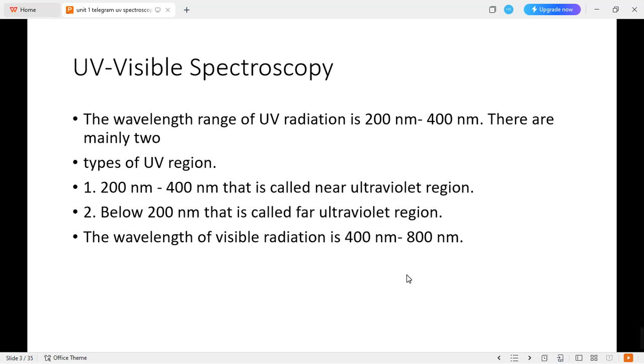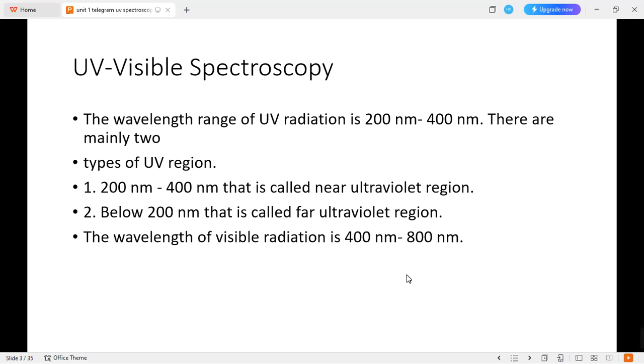Firstly, we need to know what is meant by spectroscopy. Spectroscopy is a branch of science that deals with the interaction of matter with light. That is the main definition of spectroscopy. And for UV visible spectroscopy, we need to know about the wavelength region. The wavelength range of UV radiation, that is ultraviolet radiation, is between 200 nanometers to 400 nanometers, and this UV